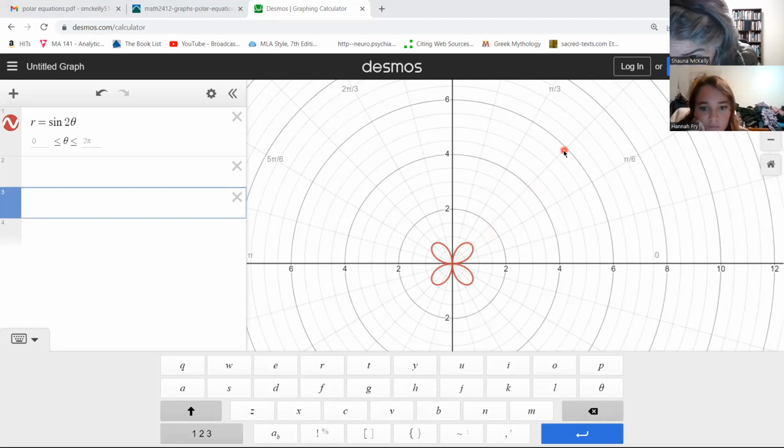And this ray is 45 degrees. Now, why is that 45? Because this is 2 theta. 2 times 45 is 90. So my sine is going to have a max at 90 degrees, isn't it? Because that's where sine has its maximum. So that means it's going to reach its longest